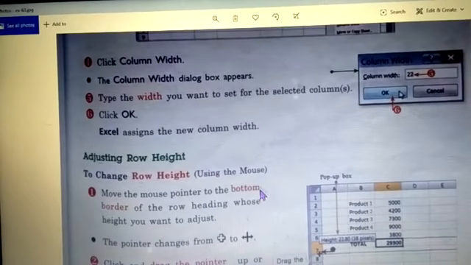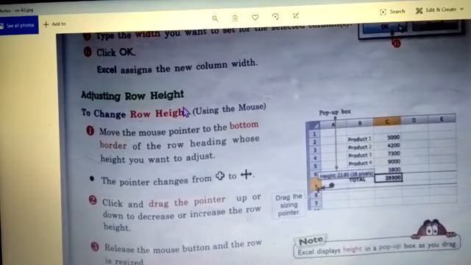Now you have learned how to adjust column width. Now how to adjust row height. Fine. We can change row height using mouse. So for that, what we need to do, because you are increasing the height, children, remember, first when we were increasing the width, we used to go to that column, right? Now we are adjusting the row height. So the first step is to move to the bottom border. In column width, it was the right border because we were increasing the width like this.